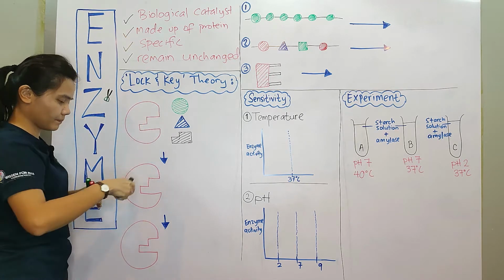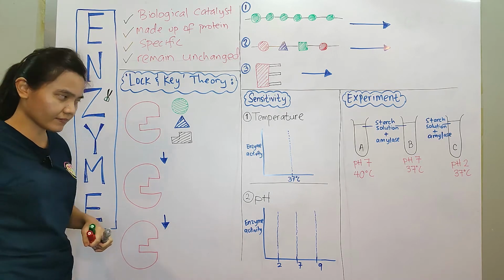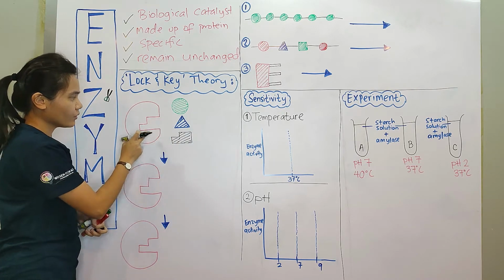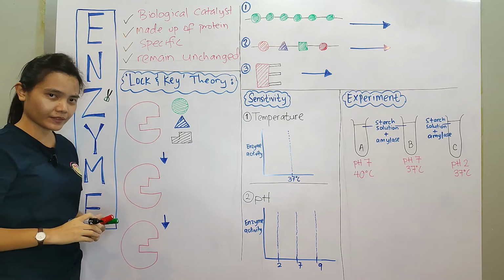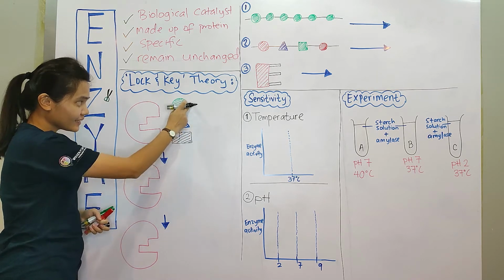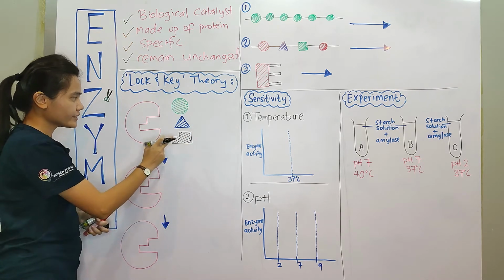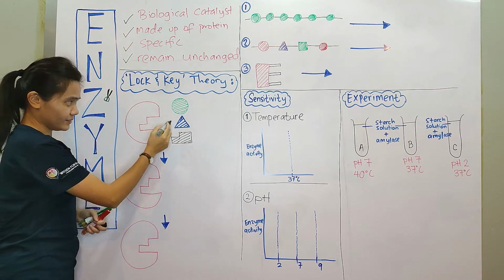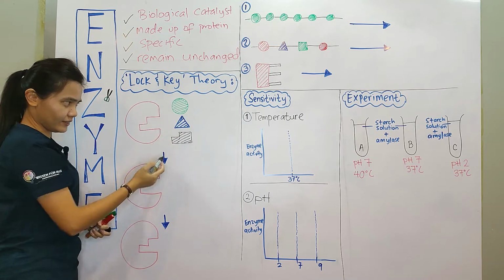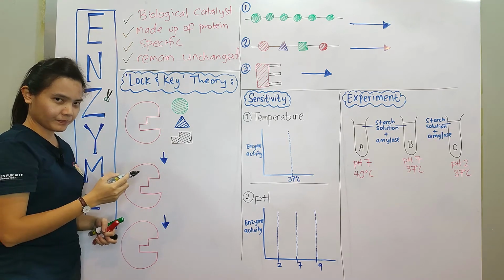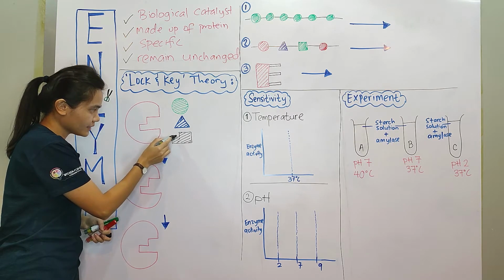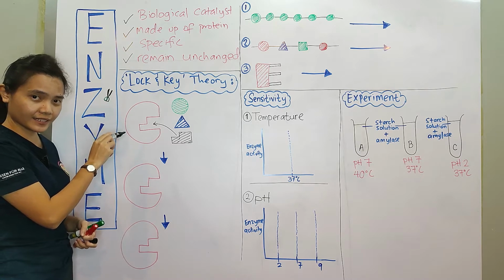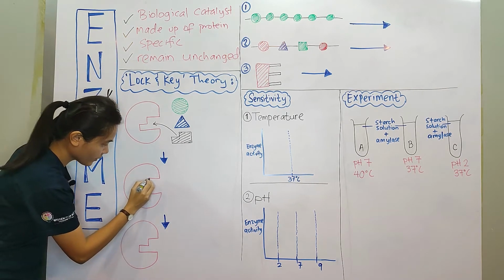I have this shape. Okay, I explained this earlier already, so you might have the answer already. So from these 3 substrates, which one will bind to this enzyme? Or among these 3 keys, which key will unlock the lock? Is it the round green one? Is it the triangle blue one? Or the black one? Of course, from the shape you see, this substrate will fit the active site of the enzyme.